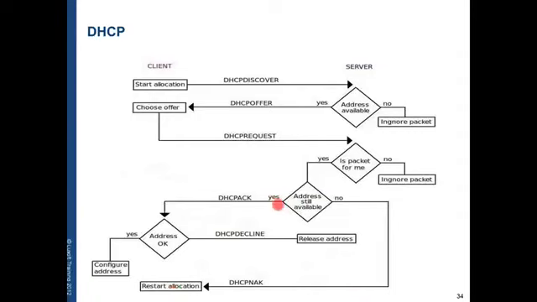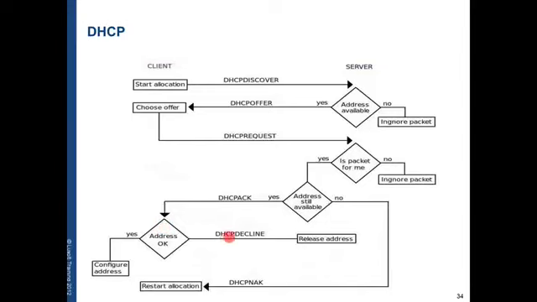If the address is still available, then we reply with an acknowledgement packet, offering the same IP and the same parameters that we put in the initial offer. The client receives this acknowledgement packet. It checks the address, usually with an ARP request, to see if the IP is not used by some other device. If a reply is received for that ARP request, it means that another device in the network has the same IP that the server gave to us.